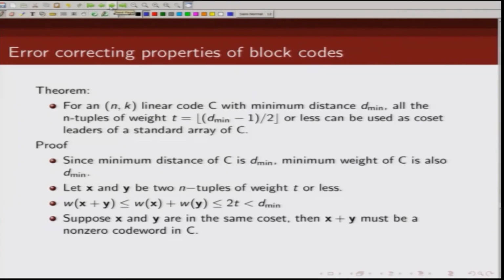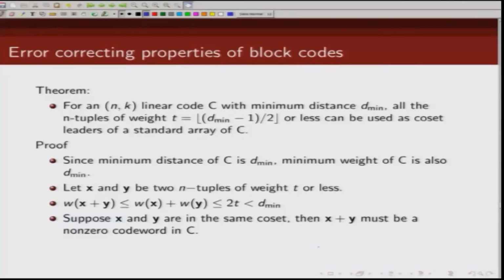Now, let us assume that these x and y, which are error patterns of weight t or less, are not coset leader. So, if they are not coset leaders, let us assume they are in the same coset, they are in the same row. So, if we assume x and y are in the same row or same coset, then x plus y must be a code word. Why is this so? If you recall your standard array,